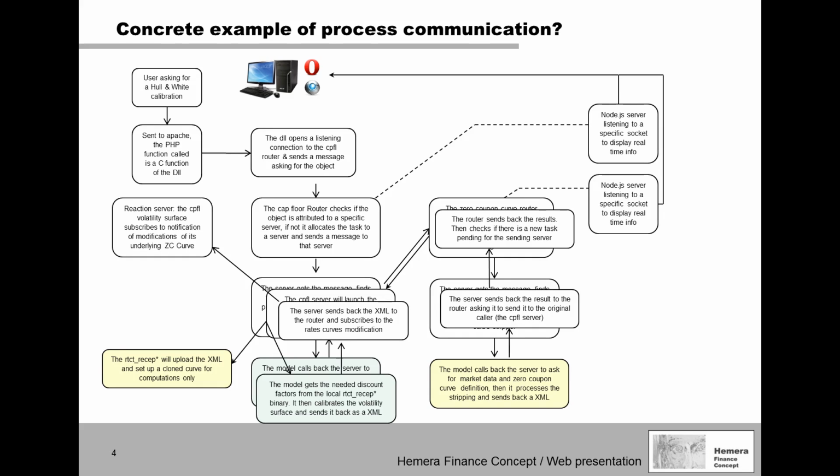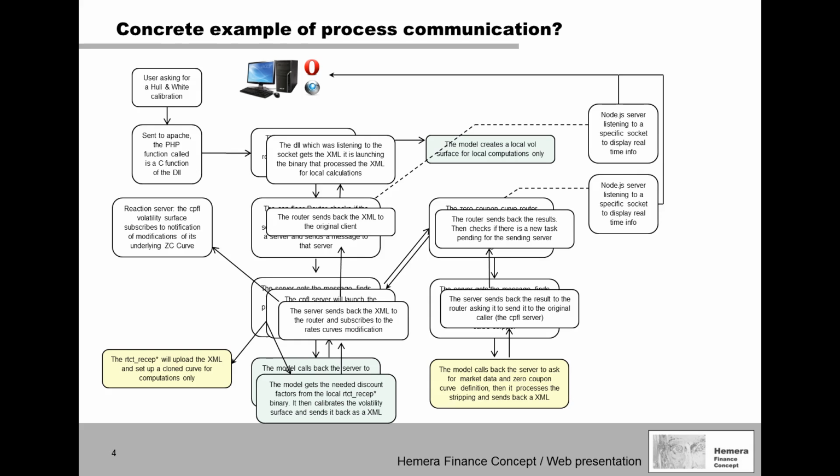The server subscribes to notifications of the zero coupon curve used by the volatility surface from a modification notification server. The server then sends back the results to the router, and the server sends this back to the Apache server. The Apache server launches the same executable as the one that calibrated the volatility surface and gives it the XML calibrated surface so that any computation on the vol surface between the Apache server and the quantitative module can be done at high speed through shared memory segments. The PHP module gives the display info to the Apache server, and the information is displayed on the web browser